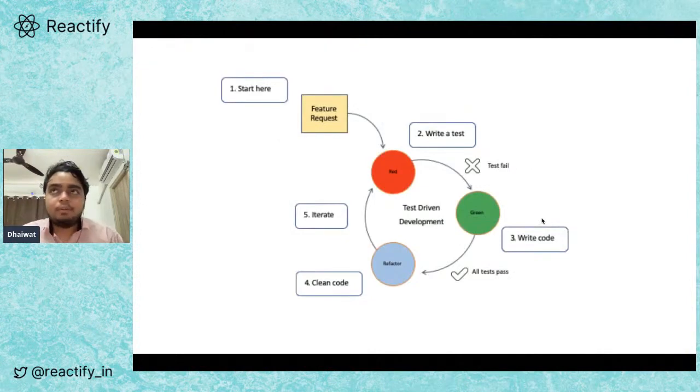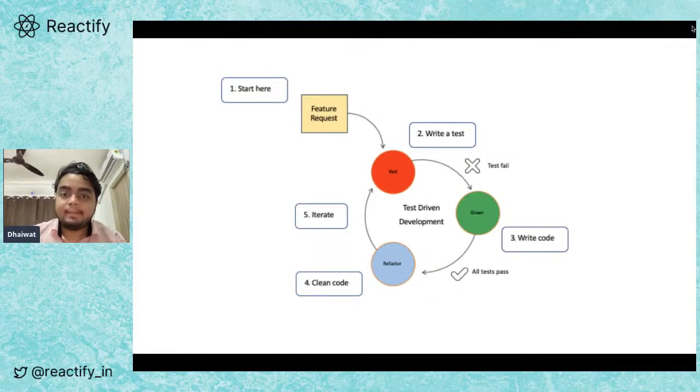So, in test driven development or component driven development, when you are given a task to, let's say, build a component, or you have an idea that I want to build this component, for the sake of an example, let's say it's a button. So the feature request is a button. Now you don't start out by writing the markup for the button. You don't start by writing the HTML or the JSX or TSX, whatever you are using. You start by writing the test. Now, this might seem counterintuitive, but I'm sure it makes sense to folks who have used test-driven development before.